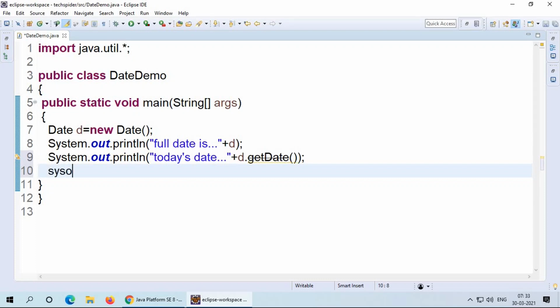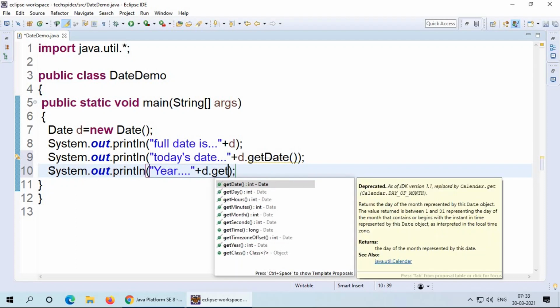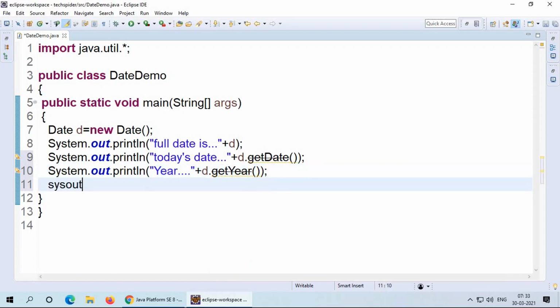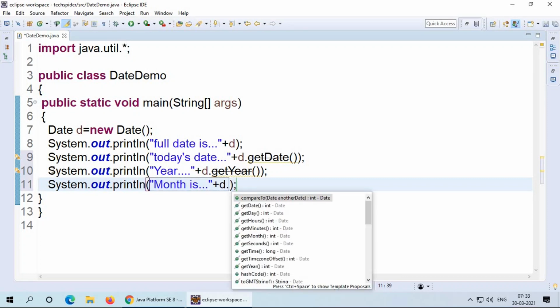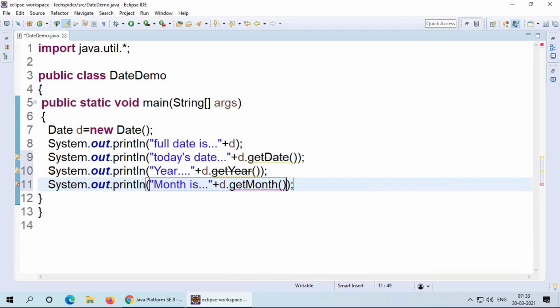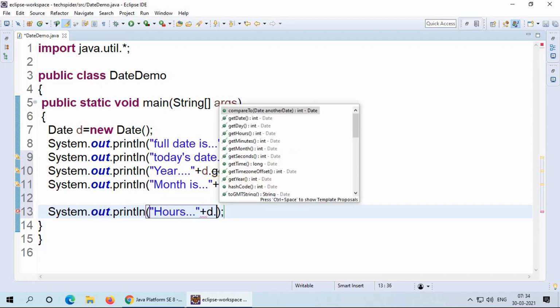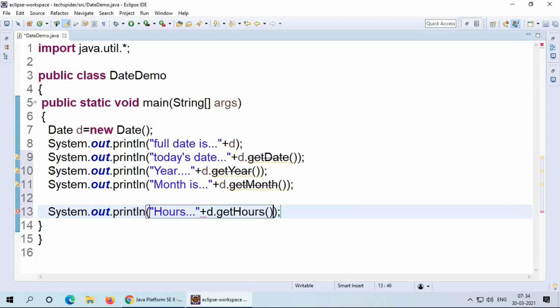It is giving a warning in the Eclipse IDE. Next one, I want to get the year. Use "year" plus d.getYear(). Next one, I want to get the month. Use "month is" plus d.getMonth(). Later use hours, that is "hours" plus d.getHours().